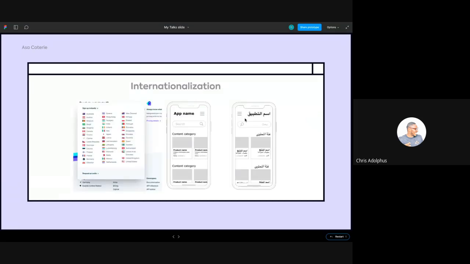And then I have two examples here. To the right, I have an app screen, one in English and the other one in Arabic. So with internationalization, you want to ensure that you eliminate as much as possible any language barrier. You want to ensure that users in Saudi Arabia, or people whose language is Arabic, are able to make use of your product, and your product is able to move the lettering and the writing of the content of your pages from right to left. It's able to adapt itself without having so much